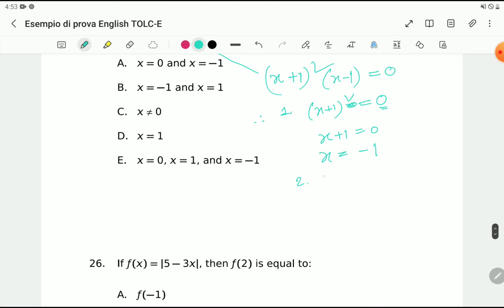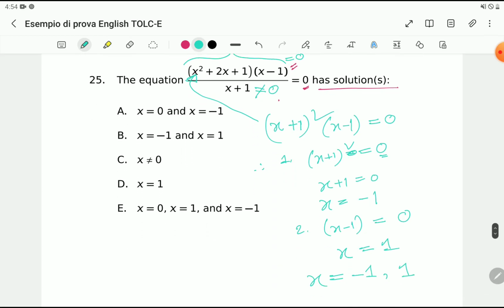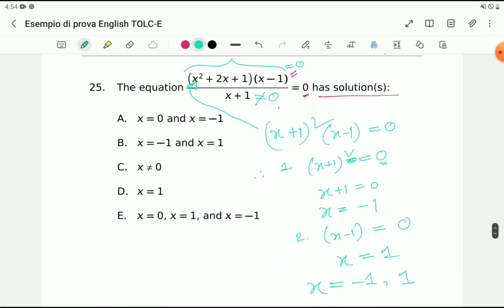Number 2, x minus 1 equal to 0. So from here we can find x equal to 1. So we find that when x value is -1 and +1, for both cases the solution gives us 0. Is it true? It actually is not. Why? Look at the